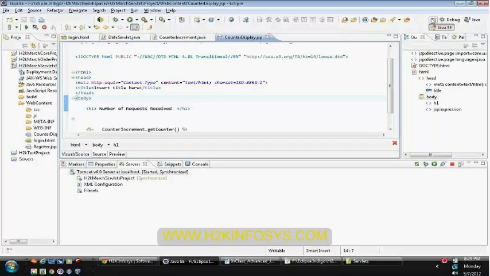Once after that, you need to configure this within your DD. To configure the DD, previously we learned about servlet and servlet mapping. Here also there is filter mapping, and the next one is the URL pattern. In the URL pattern, you can use a generic star, which means the filter will be invoked for all the client requests, or else you can specify a particular servlet.